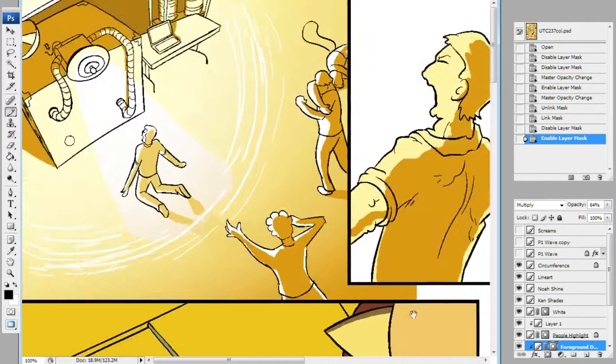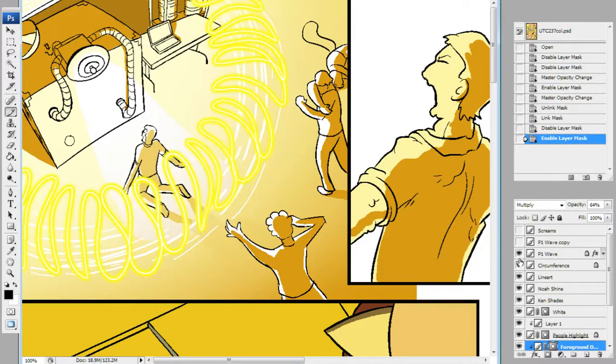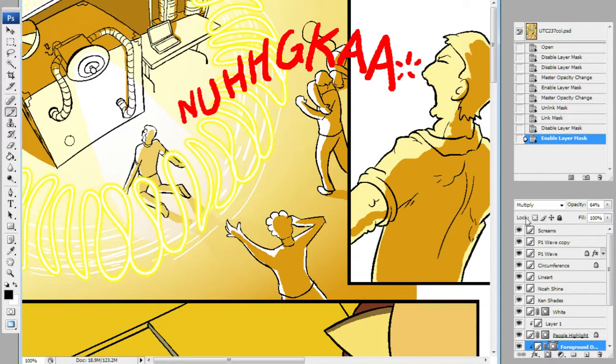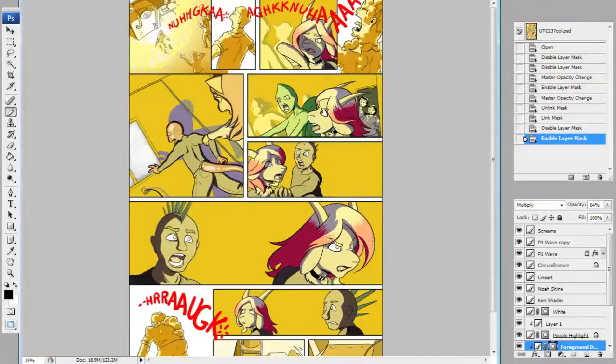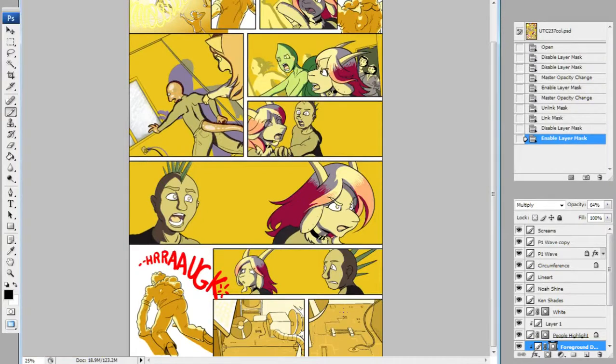I have different effect layers for this. I've got this sort of marking the perimeter. Then here's the wave with a special yellow glow filter on it to make it look really sparkly. Also potentially dangerous. And then the yelling, screaming. And that is how the page comes together. I hope that made sense. It's really tough juggling between all these layers, but